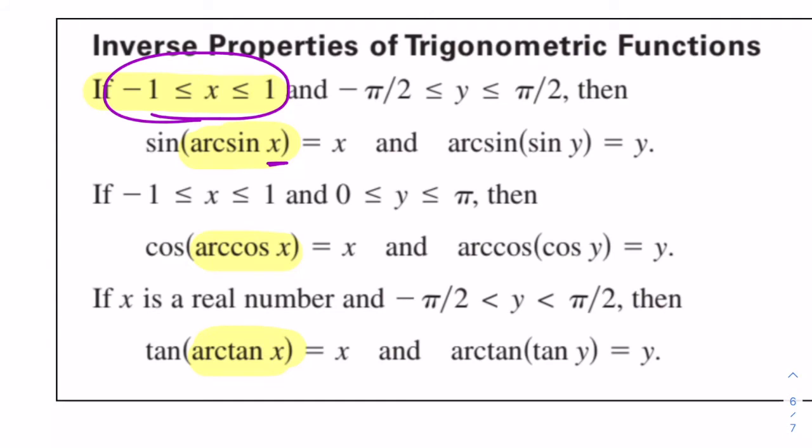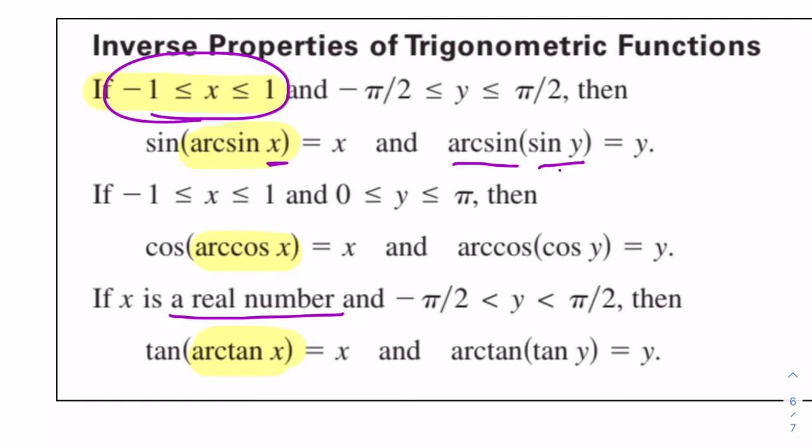Now, arc tangent does not have a restriction on its domain, so that can be all real numbers. But just be careful, because when you're simplifying, maybe you find the sine of the angle and then you want to find the arc sine,